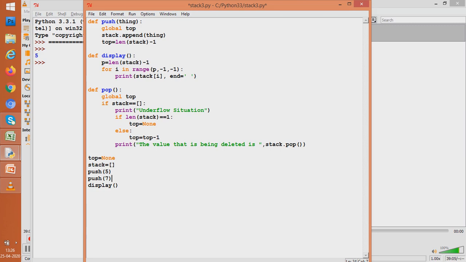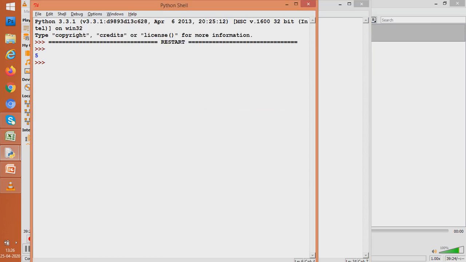So we will get 7 and then 5. So we all understand displaying is in the reverse order of insertion. So 7 would be displayed first and then 5. Let us see how it works for us. See, 7 displayed first and then 5 is displayed.